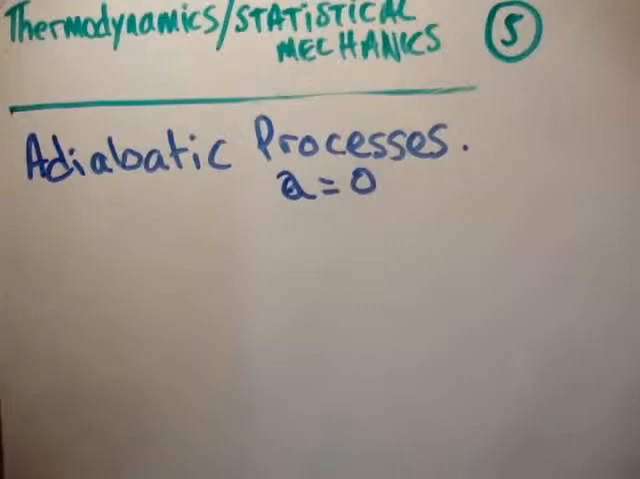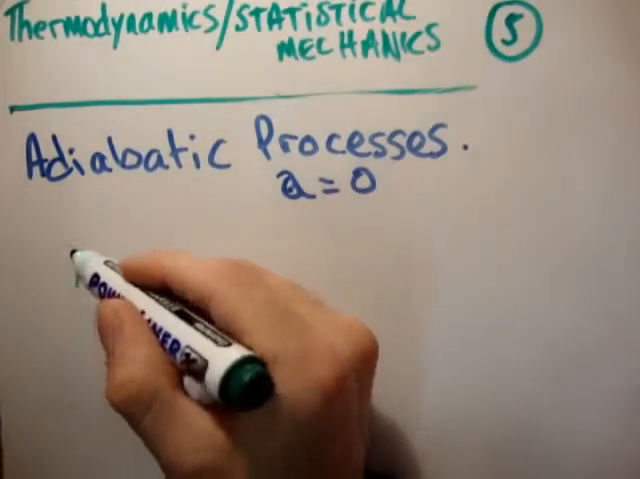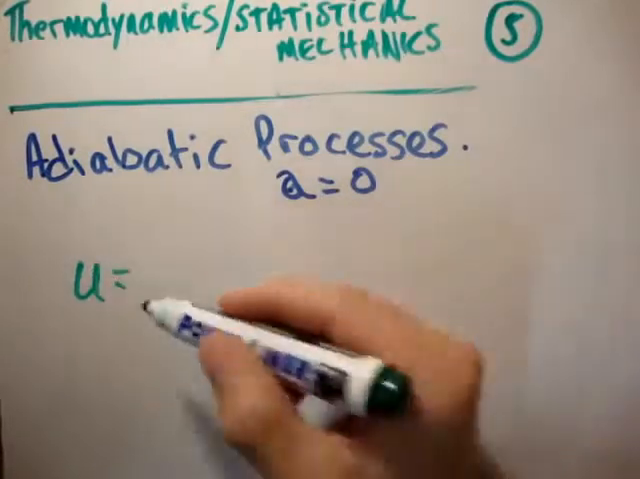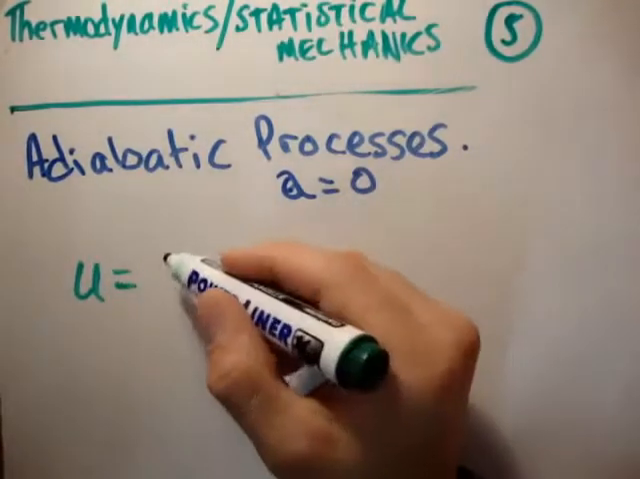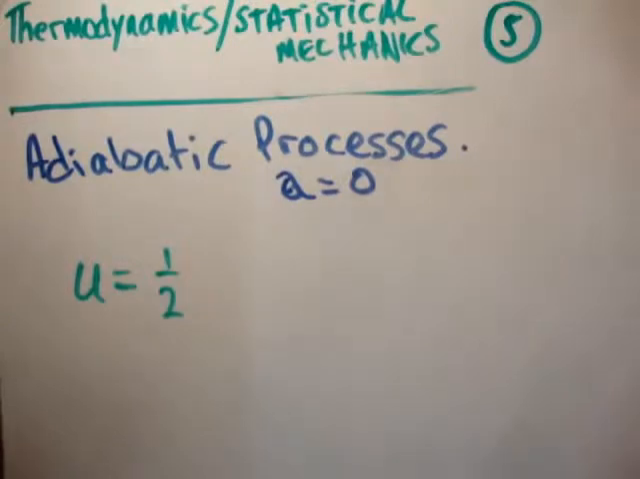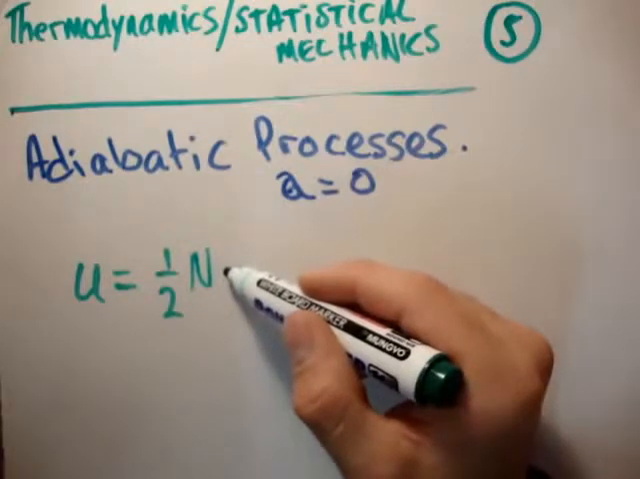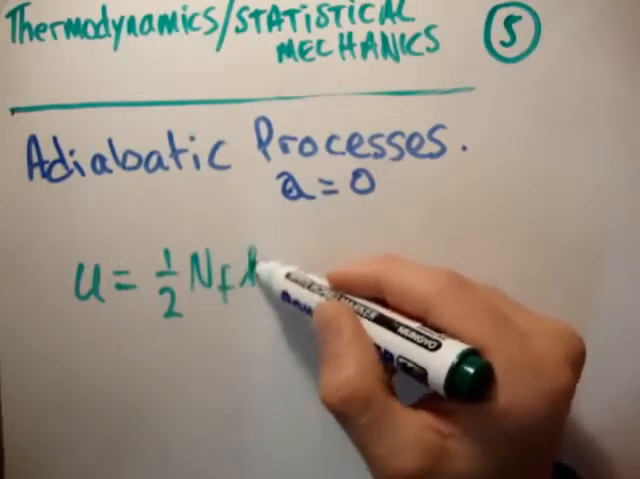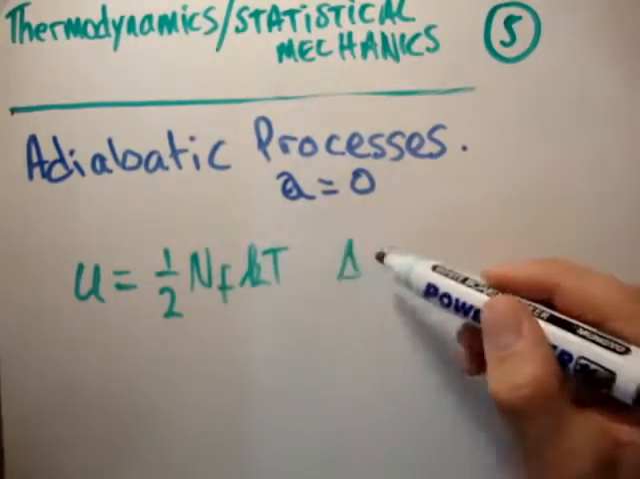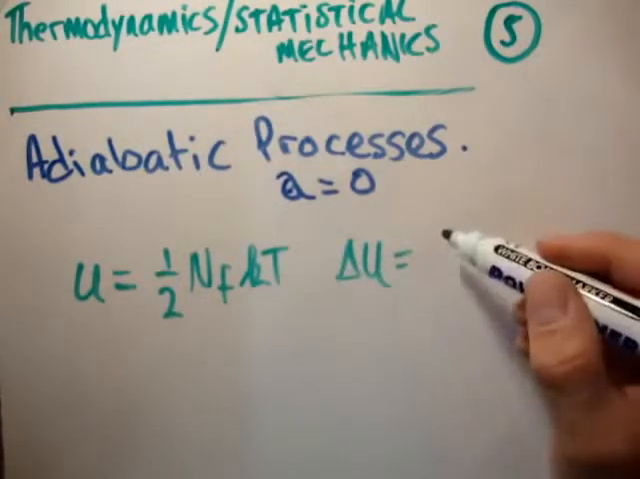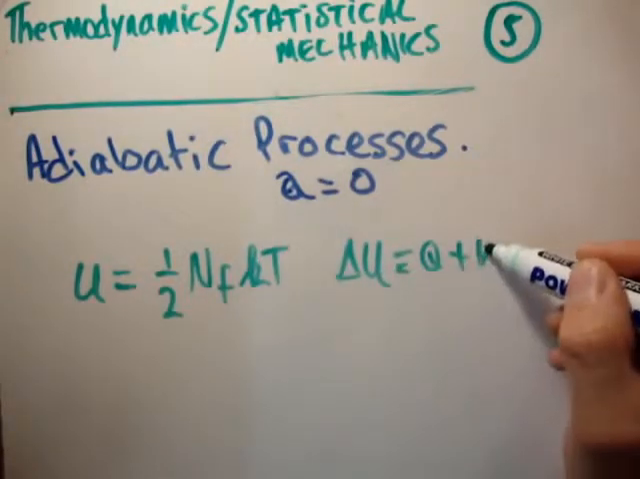So we need to start somewhere, and I'm going to do a small bit of revision. First of all, the internal energy for a system, the actual internal energy, follows the equipartition theorem for most systems, and the equipartition theorem says that we have a half kT kinetic energy per degree of freedom. So there's the half, there's the number of molecules, then we have the number of degrees of freedom, and then of course kT. By the first law of thermodynamics, the change in internal energy is equal to Q plus W,